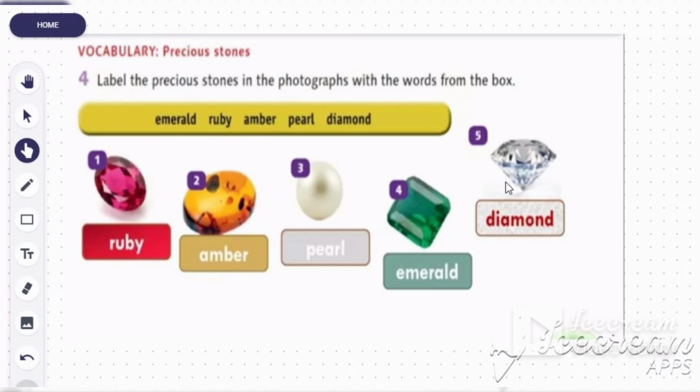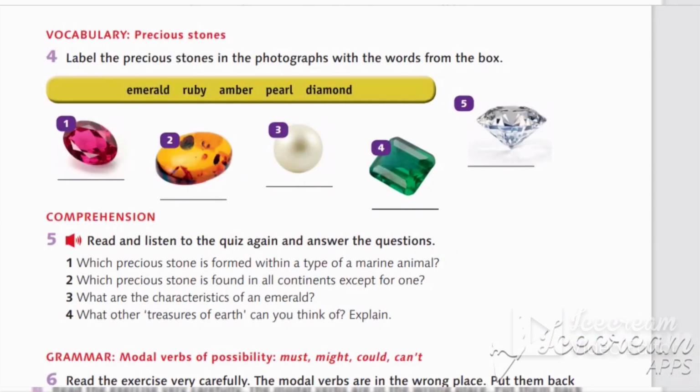Now go to the comprehension questions of the text. Read and listen to the quiz again and answer the questions. 1. Which precious stone is formed within a type of animal, a marine animal, داخل حيوان, okay? 2. Which precious stone is found in all continents except for one, موجود في كل القارات إلا واحدة. Which one? According to the dialogue. 3. What are the characteristics of an emerald? إيش خصائصه؟